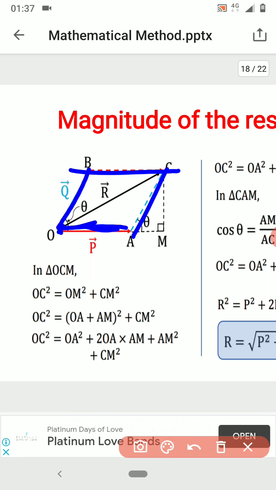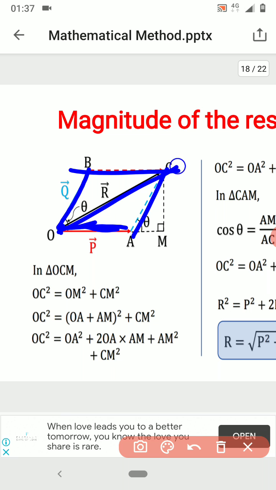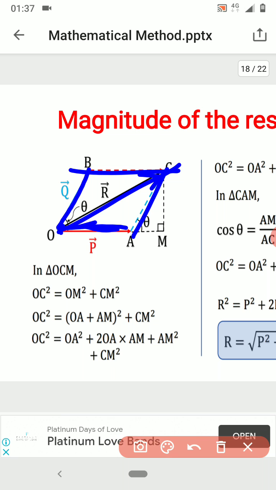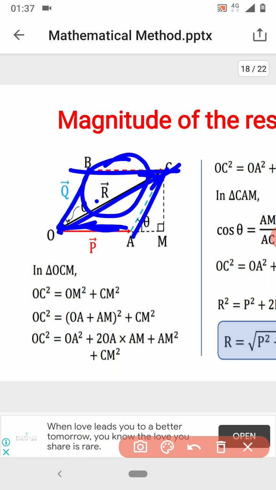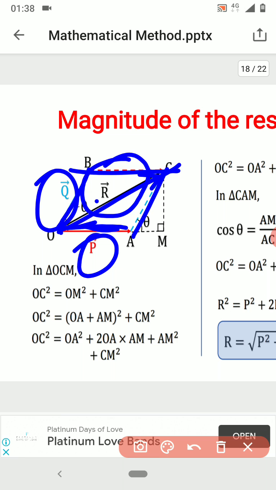Then the diagonal OC will be the resultant. And our interest is to find the expression for this resultant. That means this resultant has the same effect as the addition of vector P and vector Q. So first of all, to find vector R,